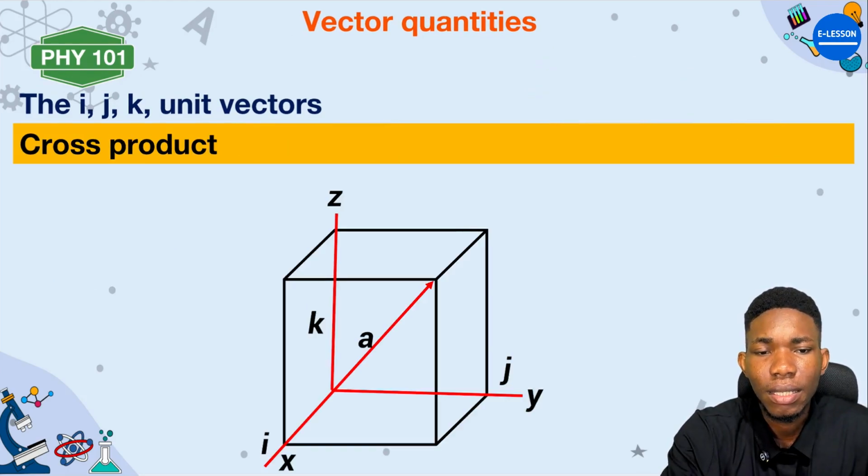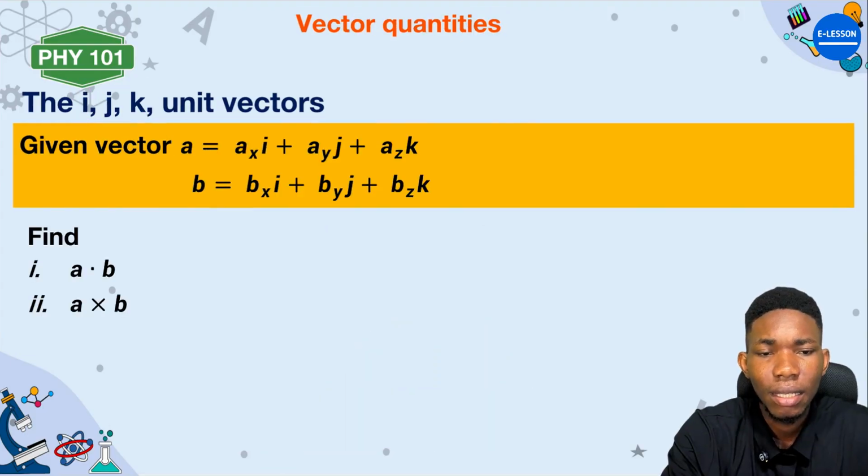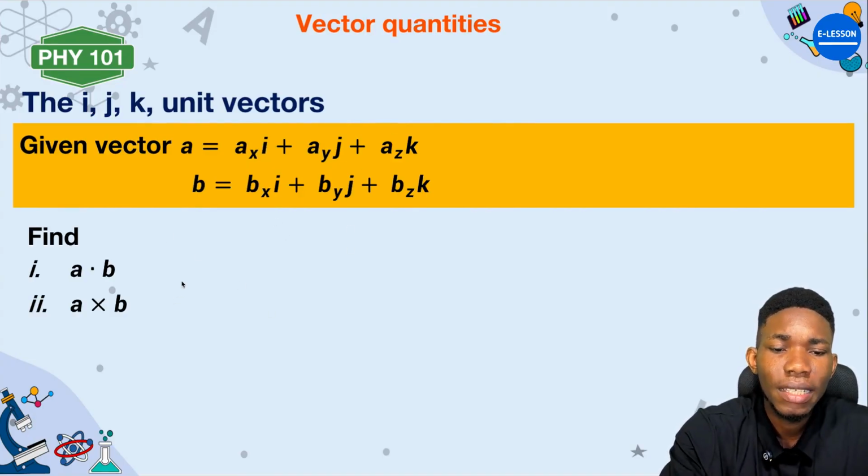Let's see the next. These vectors in 3 dimensions. For 3 dimensions, that's where you now have I, J, and K. Is that okay? Which we have something like this: I, J, and K. Now, you have something like this given to you. The question now is,